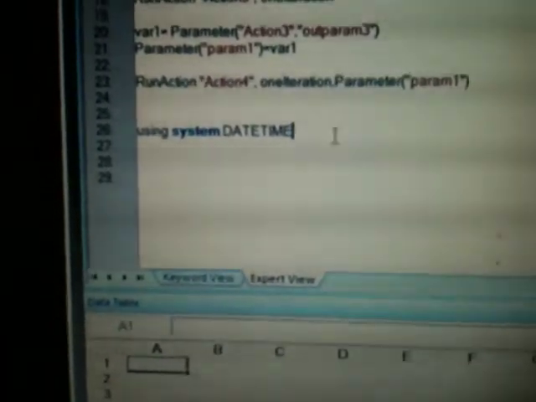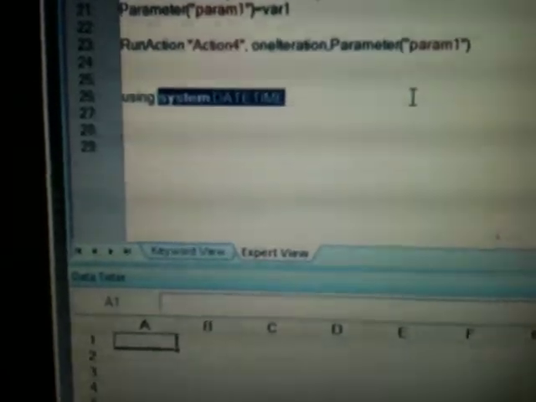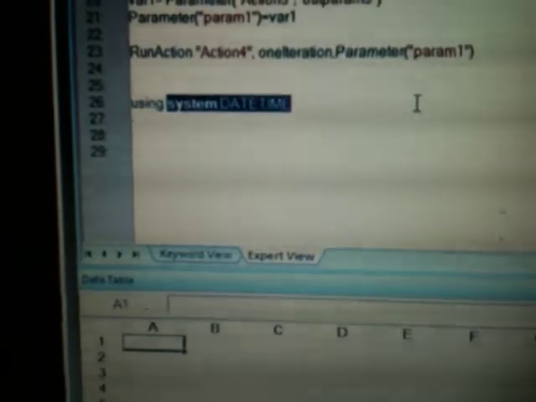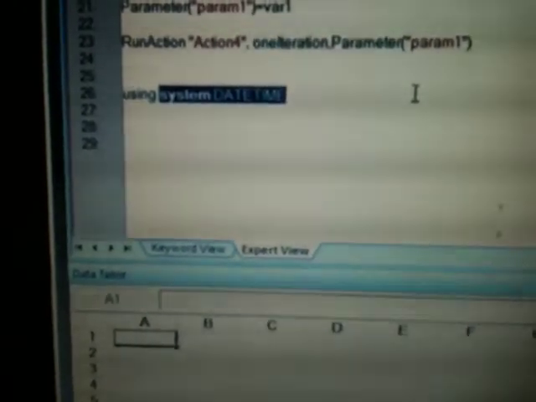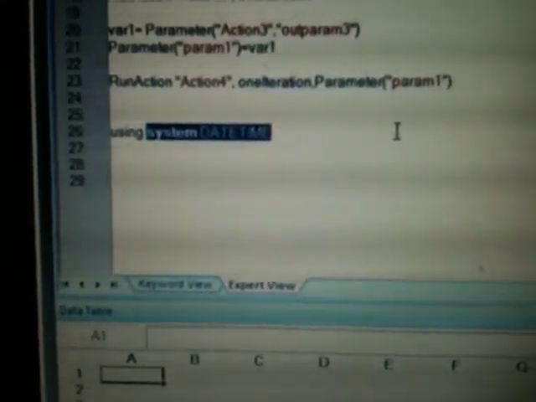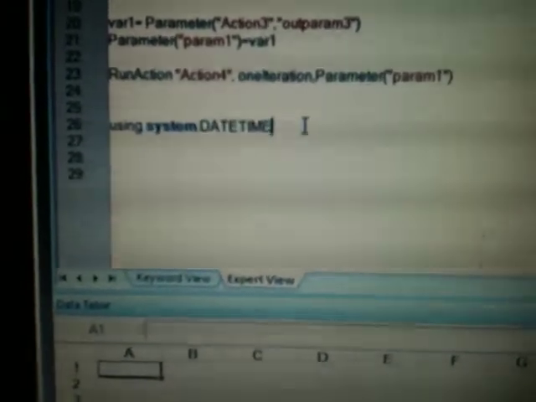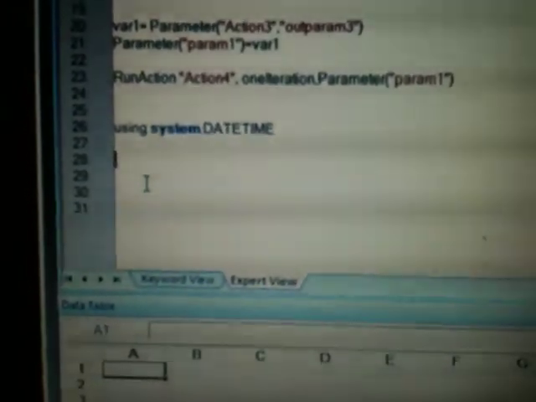We'll write something like this. What is System.DateTime? System.DateTime is a feature that has been provided, a reference that has been made available by the .NET framework.